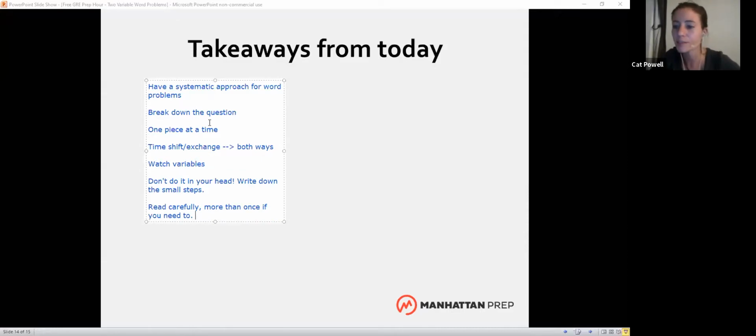I love these. These are great. I think my big takeaway that I would add to this is something that hopefully goes beyond just these word problems and maybe something that you started to see today. The same process that works for an easy problem is also going to work for a really hard version of that problem. So if as you study, you're really rigorous with yourself about having a really methodical, consistent approach on